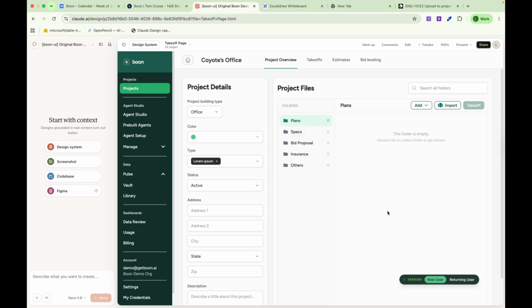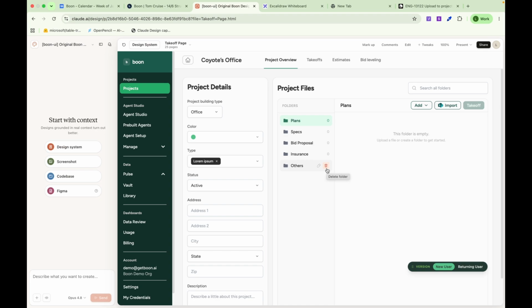As you can see here, there is a version controller that I created for us to imagine how the UI would be if visited by a new user or a returning user. For example, if we switch on the new user, it will become the empty state. So based on what Christian suggested to us, basically